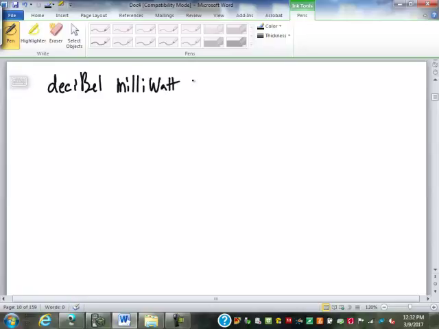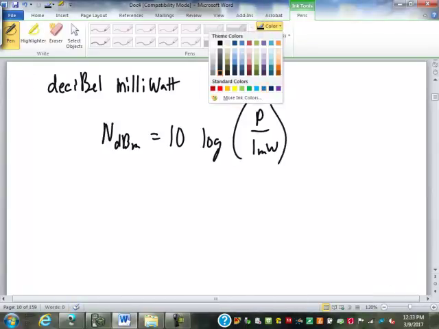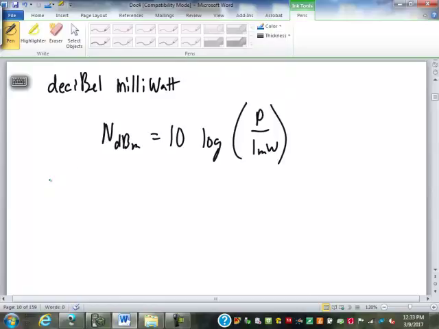The decibel milliwatt is basically comparing a power level measurement to an absolute. So the number of dBm is, just as we've been doing, 10 times the log of, it's not power out or power in, just the power over 1 milliwatt, as we saw. So if we measure something and it has a reading of,